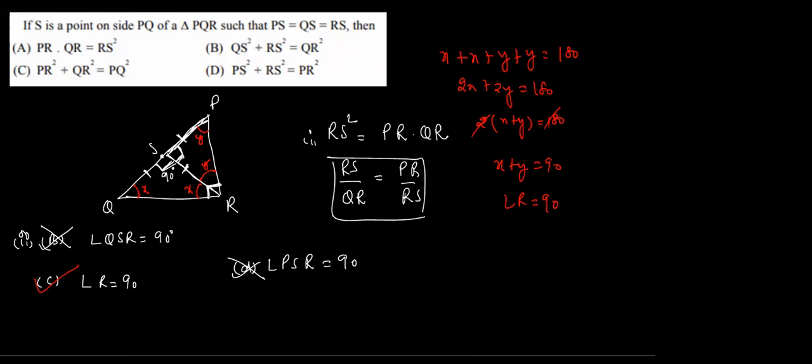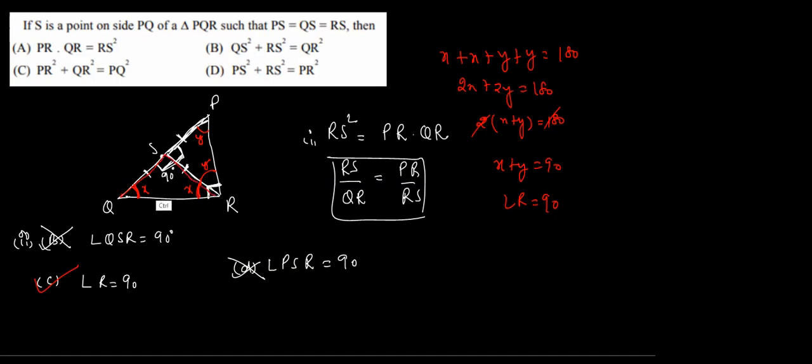Sir, how could angle Q and R be the same? No, I'm not saying angle Q and R are the same. Then how could it be? Half of this angle and half of this one, this Q, will be equal. Means this half portion, because I'm saying this triangle is an isosceles triangle.